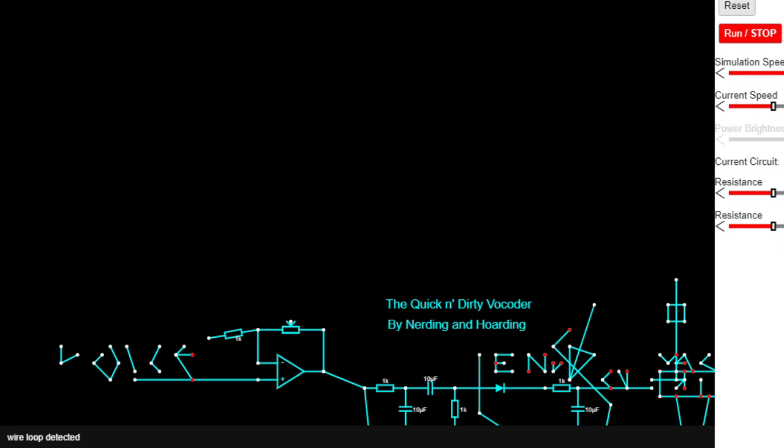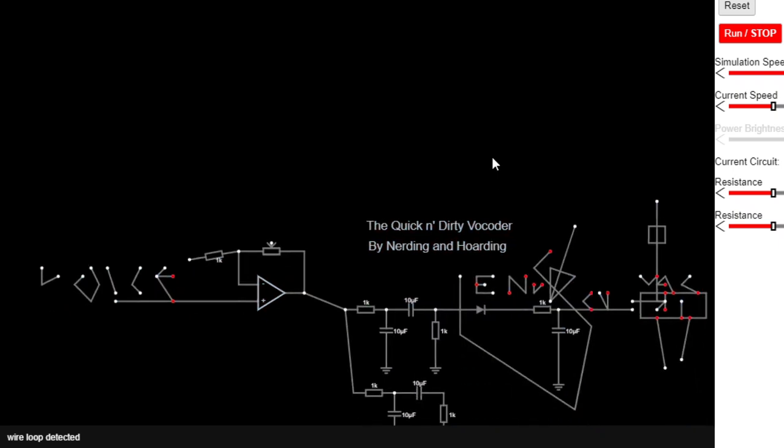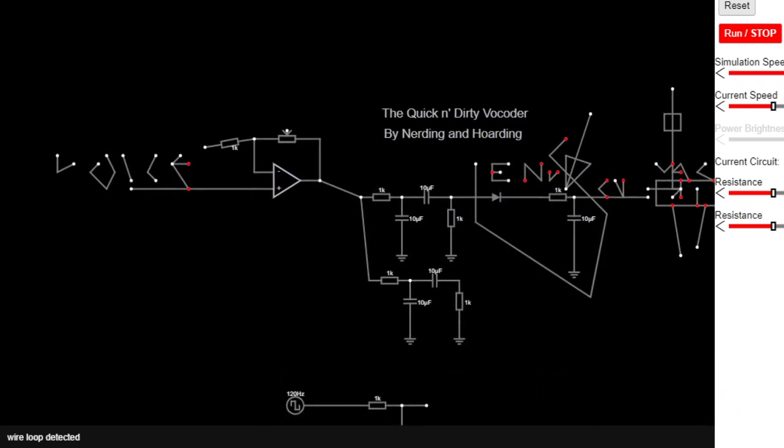To be more specific, we will divide this signal into 7 frequency bands, and they will be as follows. The first band is 100 to 300 hertz, and we will achieve this by,